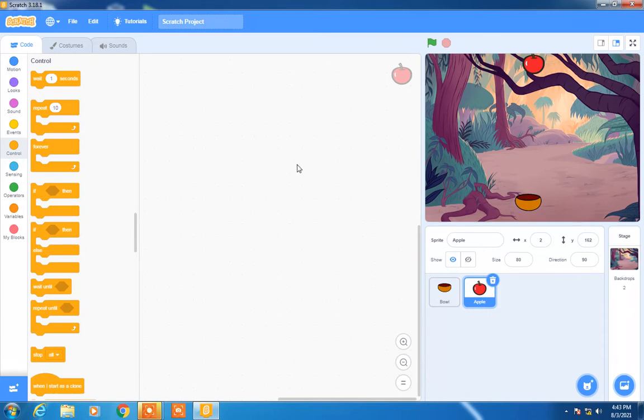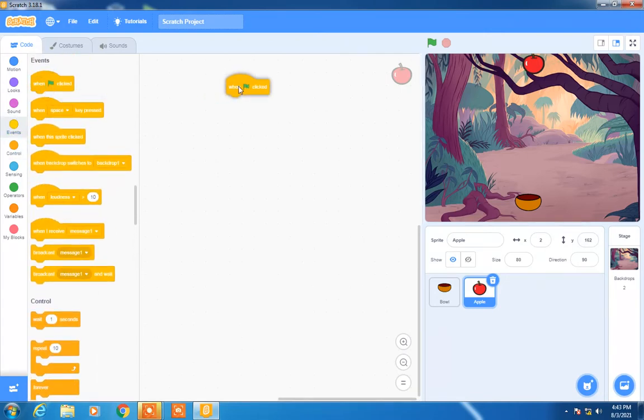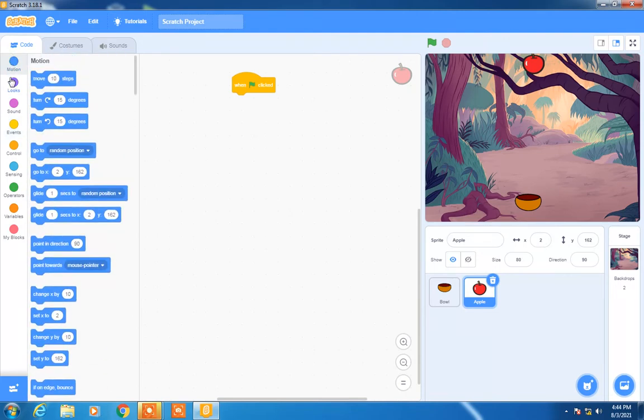Now what we have to do is, we don't know from which position the apple is going to fall. So we have to generate random positions for the apple to fall. So for that the first command should be when the green flag is clicked. The apple has to move to a random position and fall from there. So for that, go to motion option and go to random position.